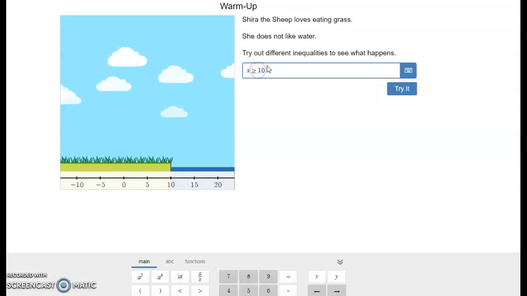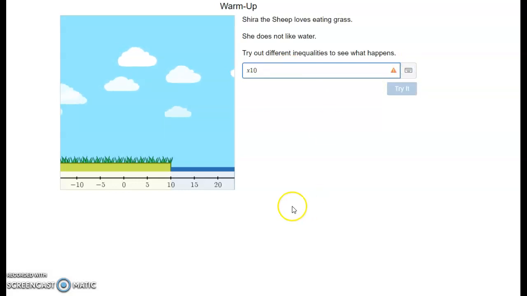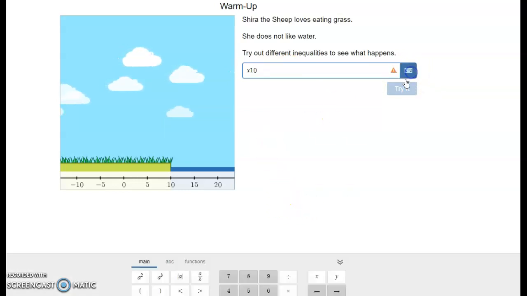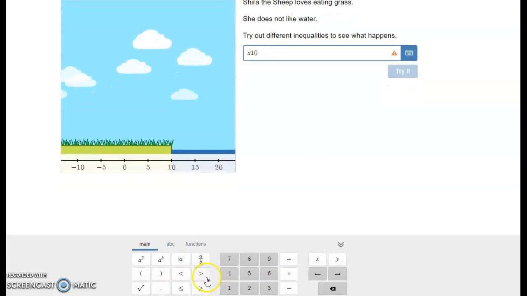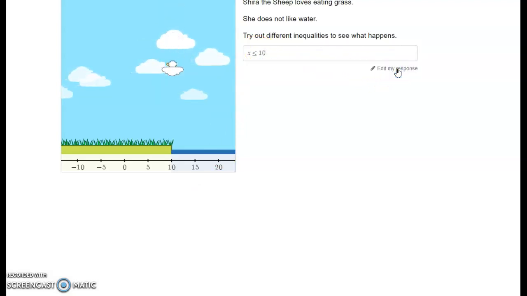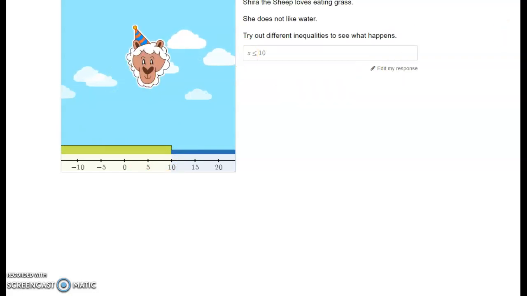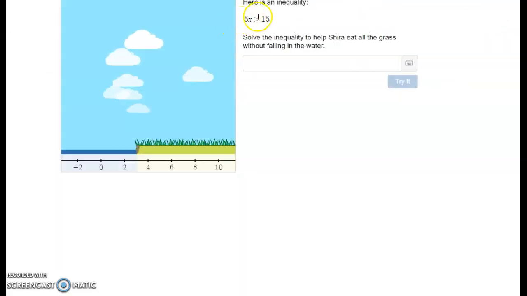But if I change it to x is less than or equal to 10, and I try it, then I can see that Shahira is happy and she eats all the grass, and I get this one right. Alright, so my next one here, I just need to solve for x, so I need